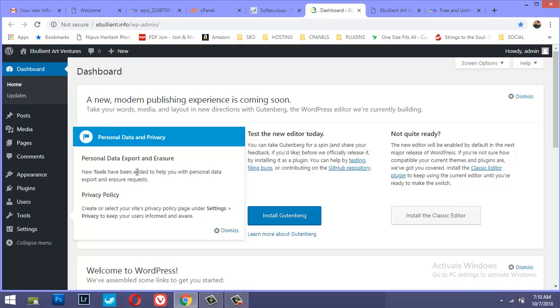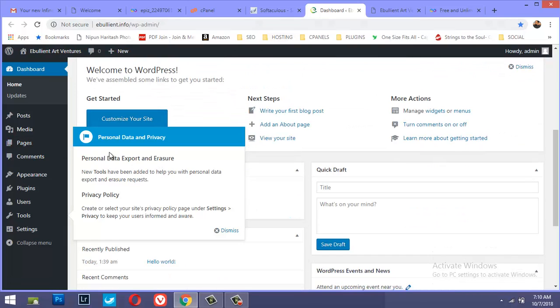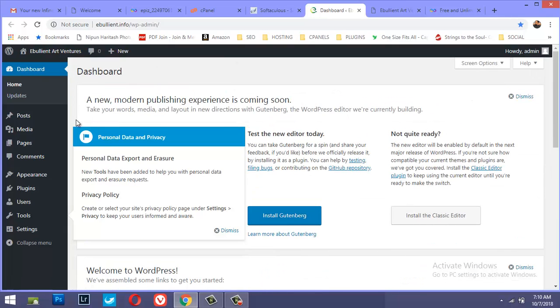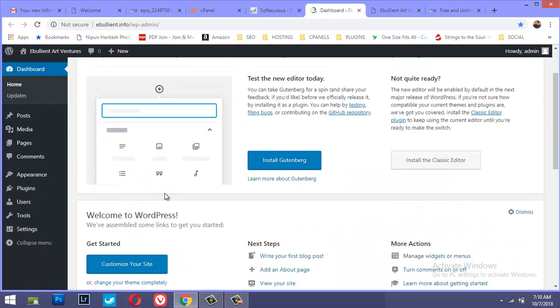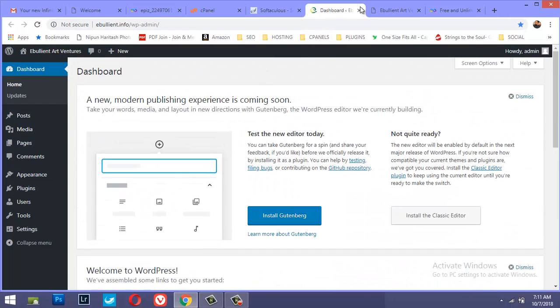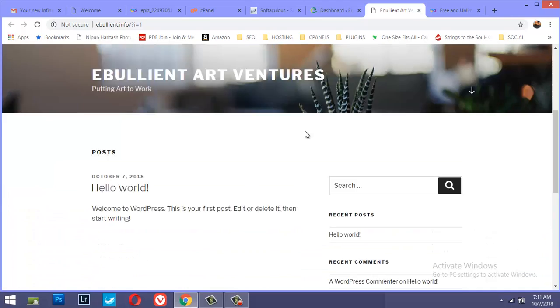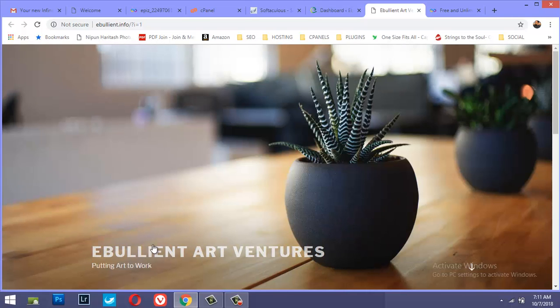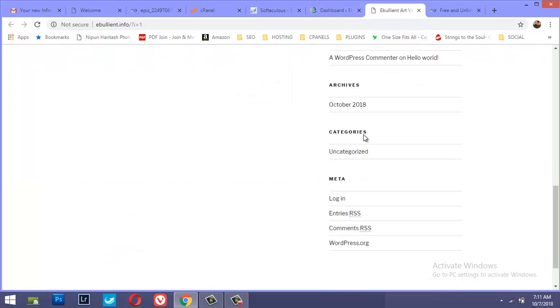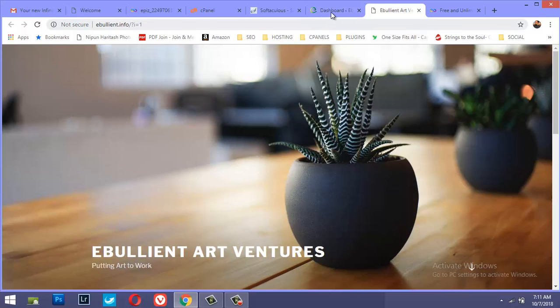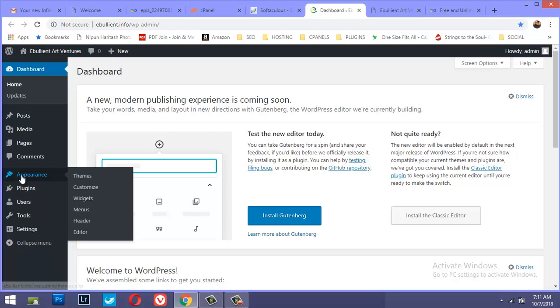So this WordPress site is completely raw. It does not have anything to it. It looks like this. This is the name of the website, and this is the tag which we entered on the first page during installation. So other than that, it does not have anything. So what we'll do is we'll simply go to appearance, we go to themes,